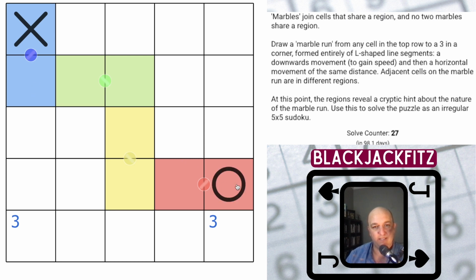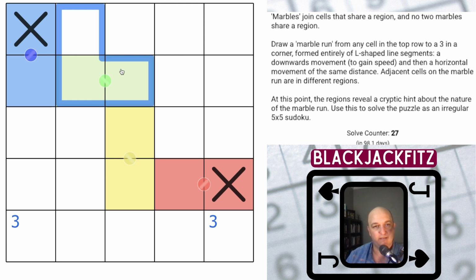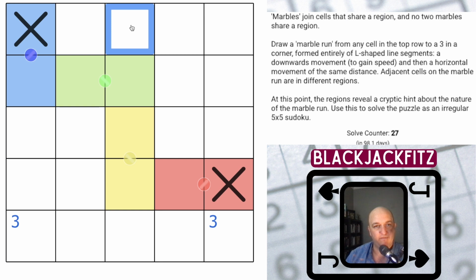And I don't think this can be on the marble run, because if it was, we would be having to turn like here or be turning like that way. So we'd be taking both of these cells. Now, that's not true for this one. I mean, I can see that it can't do that kind of thing. So if this was on it, it would have to go like that. It's going to be really tricky, actually, to make sure each of these